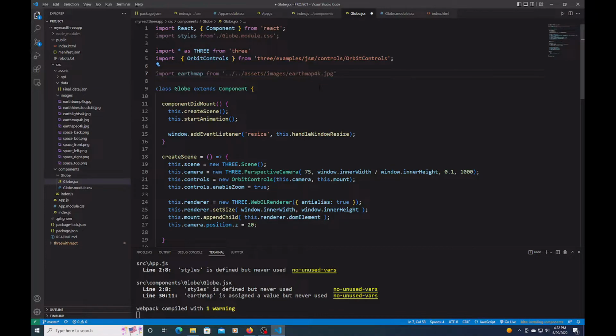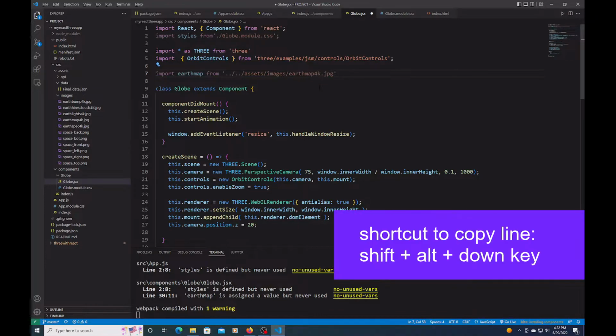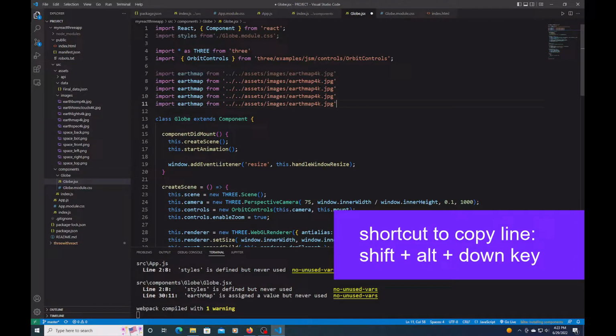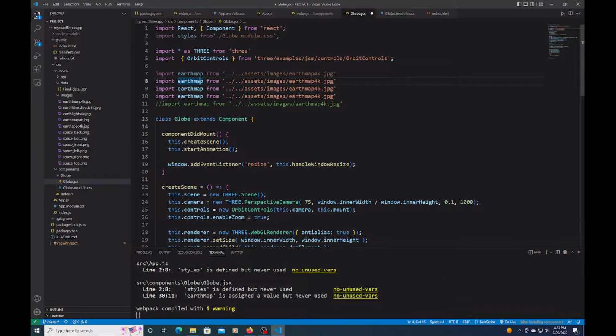Then I'm going to be doing this for the bump, clouds, lights, and spec. Well, I won't be doing it for the clouds, but I'll be doing it for the others, so you can still use them for the clouds if you want. So in the next one, I'm going to do earth bump, but as a kind of shortcut in VS Code,